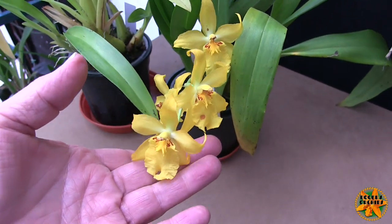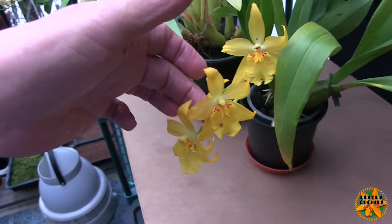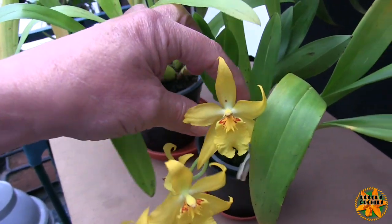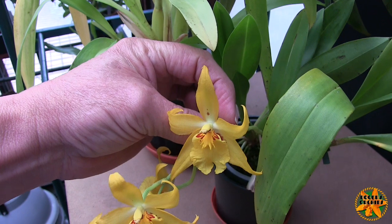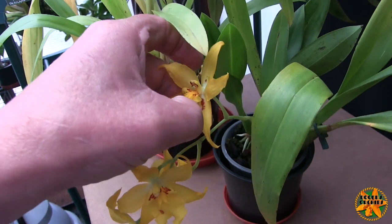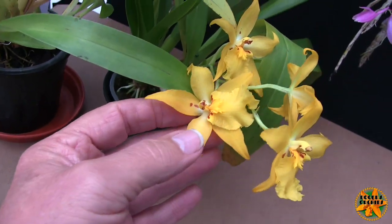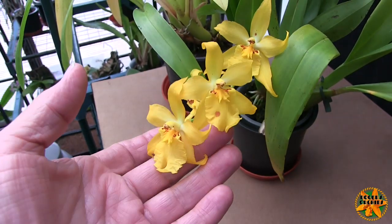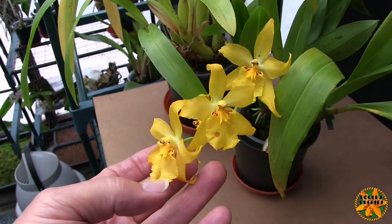Each one's different. If you look at this one at the front, there's not a single red spot on it. And then if you come back to this one, it's got 1 red spot on the lip. And then this one's got 1 spot and 1 tiny spot on the top sepal. But it's also got another red one behind the lip there. And then this one over here, this one's got a couple of spots in a similar place. So each bloom's slightly different, and the red spotting is very thin on the ground. I think the actual pop-up picture I've got of this one had quite a few more red spots on it,